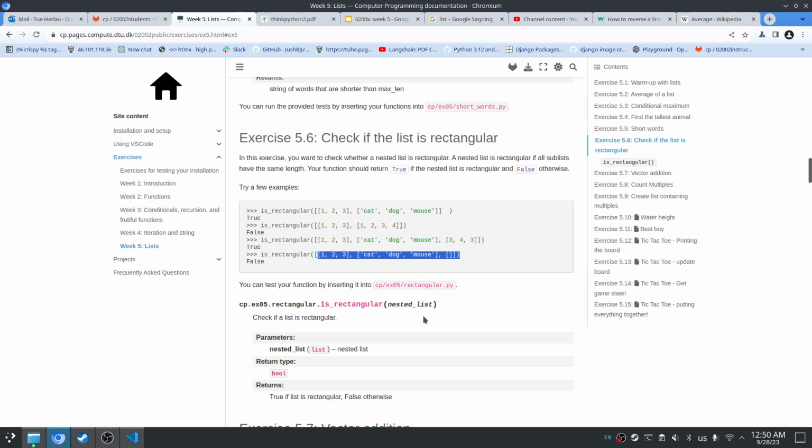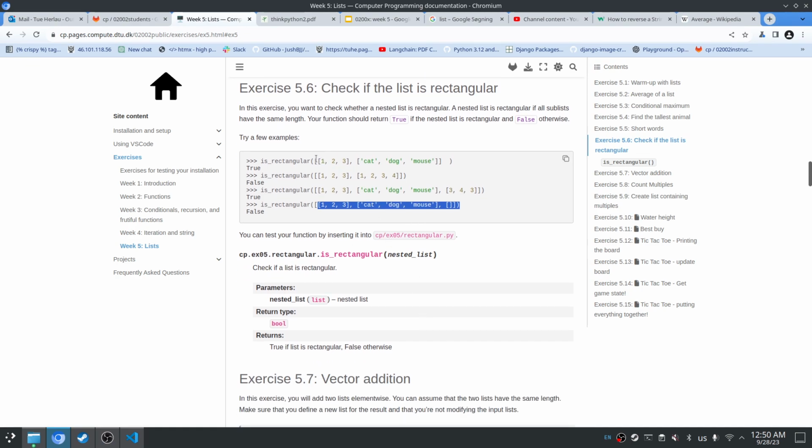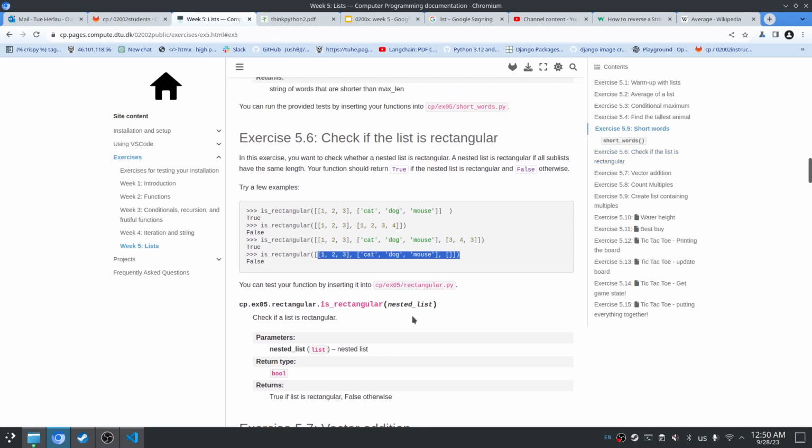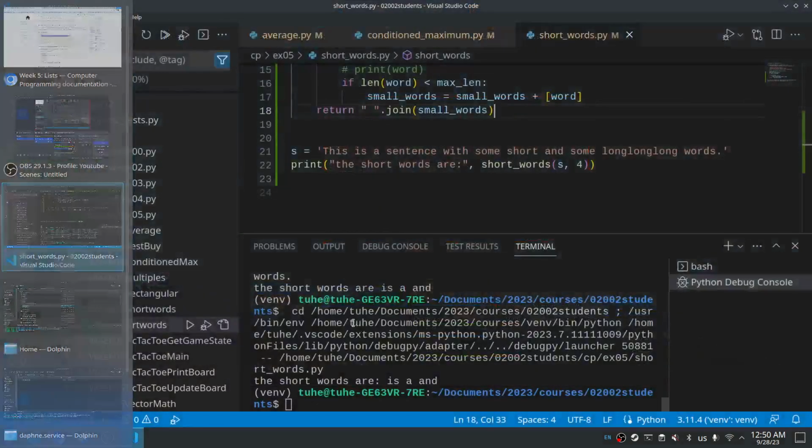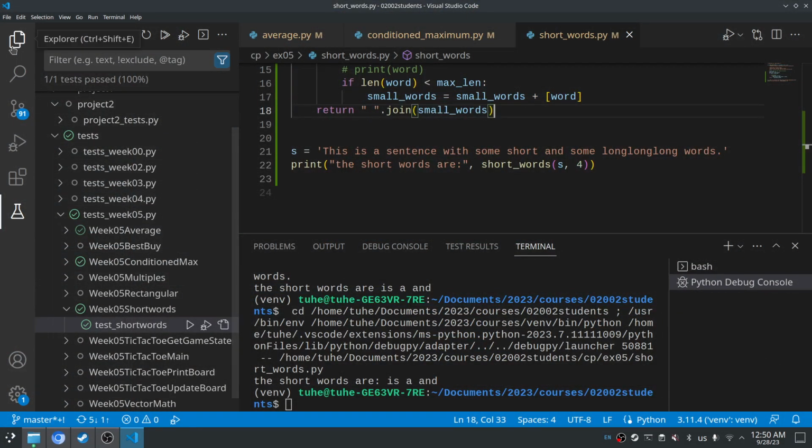And when you have a list of lists, it's called a nested list in this notation. So we're supposed to work in rectangular.py to solve this problem. So I'm just going to copy this example of the function, and then I'm going to open the file and try to solve it. So I go back to Files,